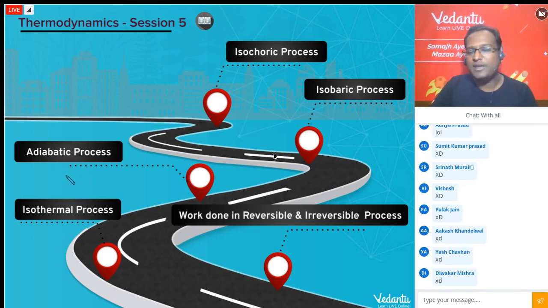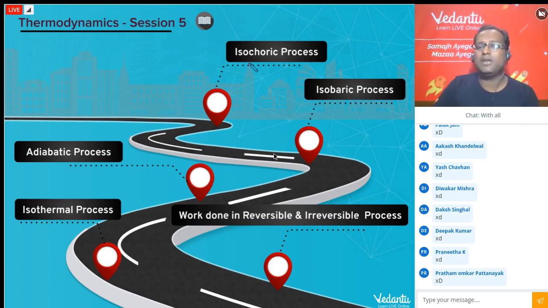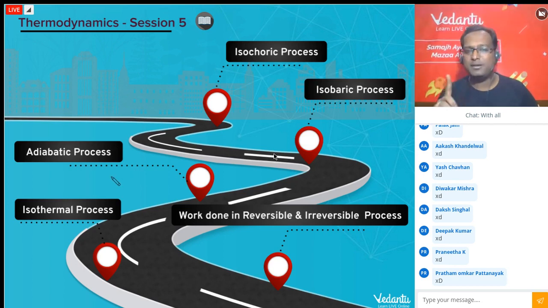So what I was saying is I will first cover the theory for adiabatic process. Then I will make a chart or list down all the formulae for all the processes, and then if time permits we'll pick up questions. Otherwise you will attempt them on your own. Whoever is just reading through them is wasting the opportunity. You're supposed to solve them. If you're not able to do it, then go through the solution.